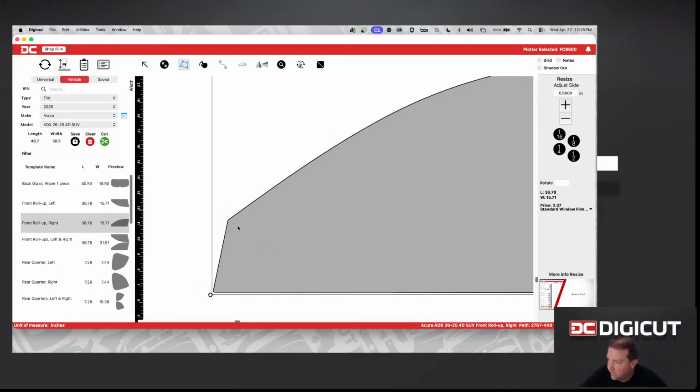So let's start over. Let's highlight that template, and I'm going to add 2 inches to the front of this. I actually trained a guy years ago who would add film to the left and to the right of every window, regardless of whether it needed it or not, because he told me he liked to hear the crunch. Blows my mind. It's still a story that I use 13, 14 years later. So either way,